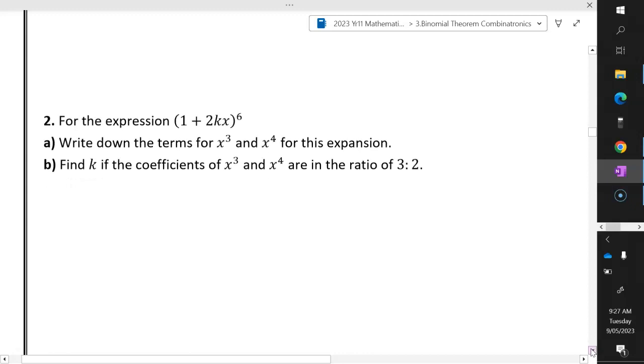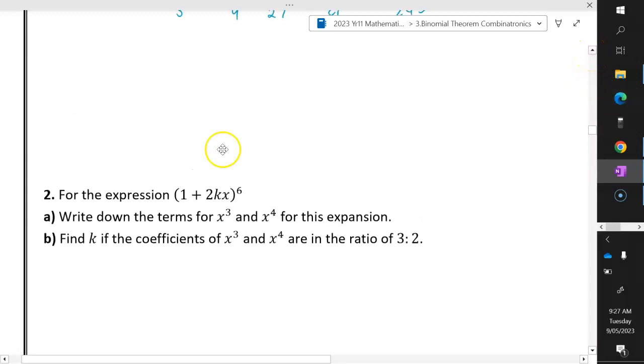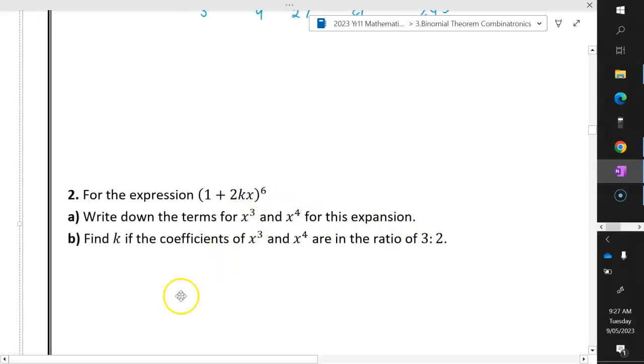Now here's a hard one. I like this one because it's actually coming from our textbook, and it says an expression, we're going to look at 1 plus 2kx to the power of 6. So note there's a k in here, so you can probably see where that's going. Write down the terms for x to the power of 3 and x to the power of 4 in this expansion. Okay, so what that means is we can do what we've done up above,